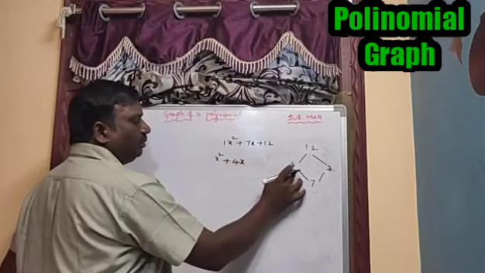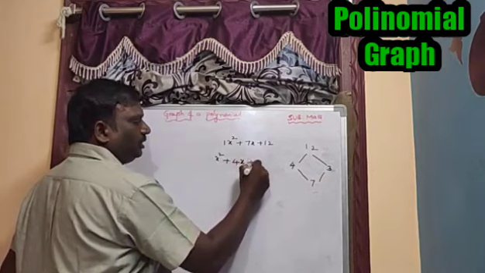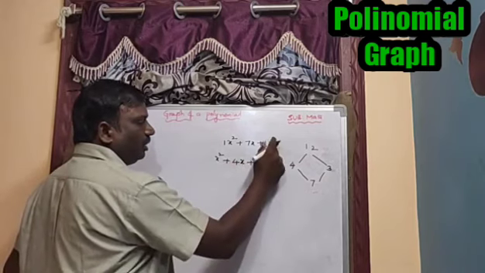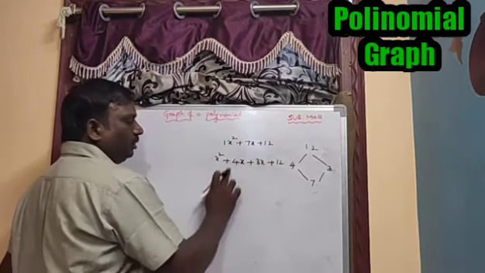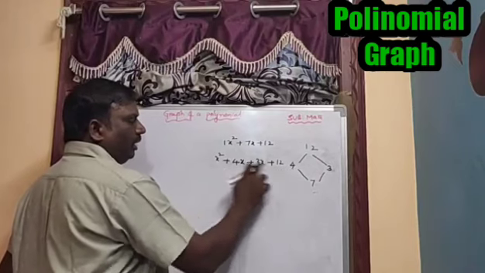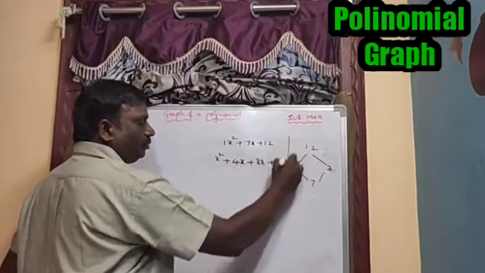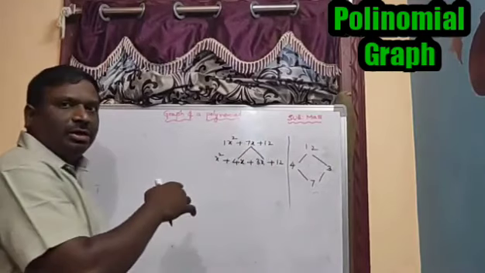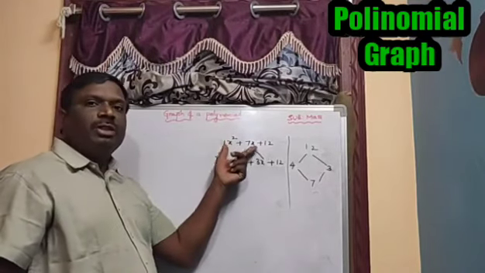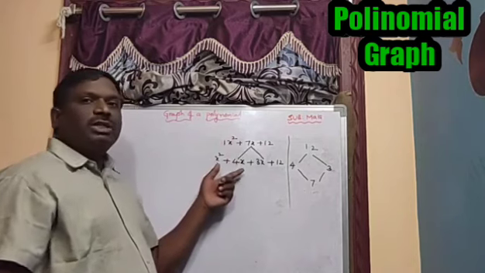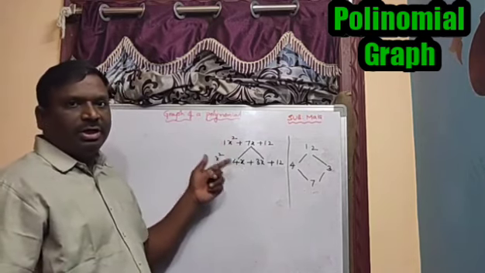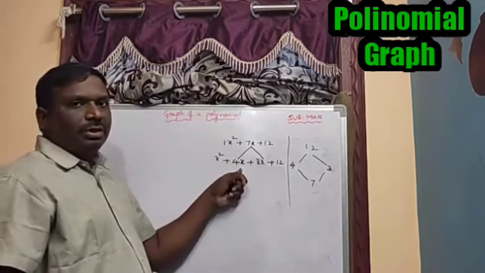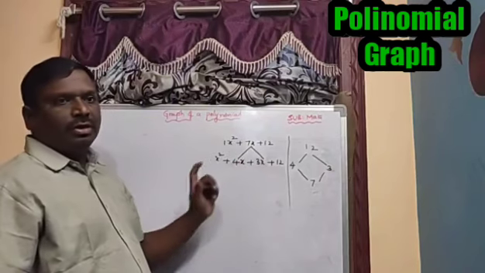4x. Why we are taking x means the middle term is x. Plus 3x plus last term is 12. This 4 comes from here and 3 comes from here. So I split the middle term of this quadratic polynomial. That's why this is also called splitting the middle term method. Splitting the middle term method. And the factorization method also we can call.